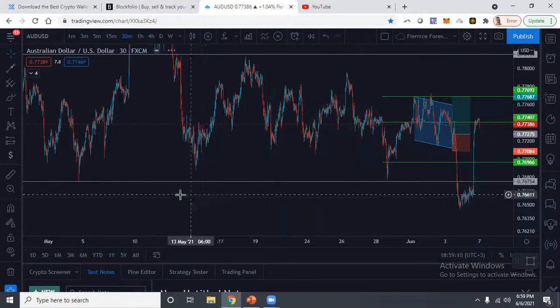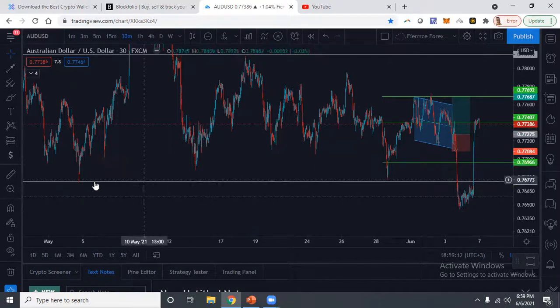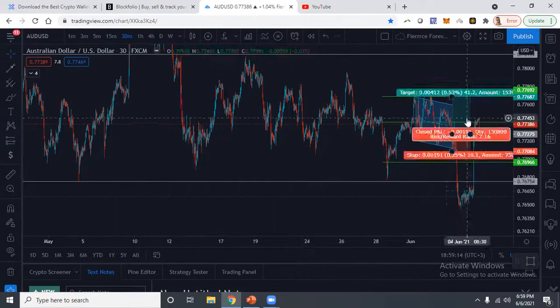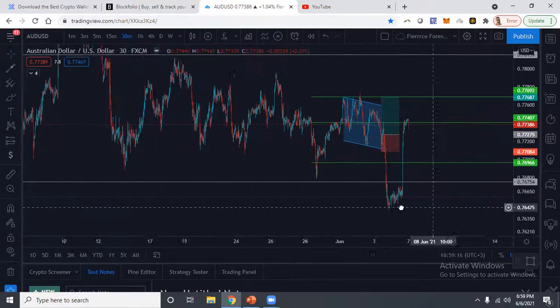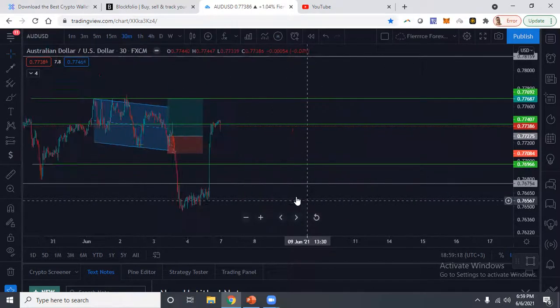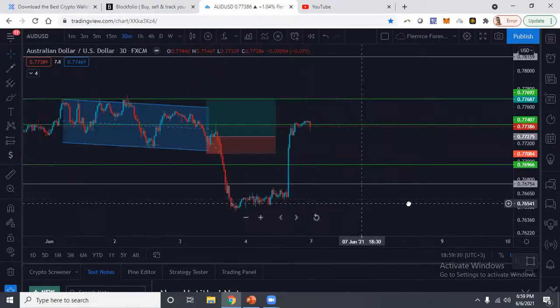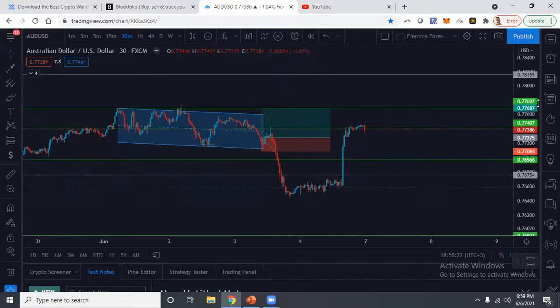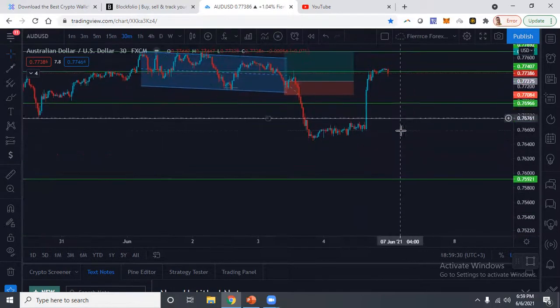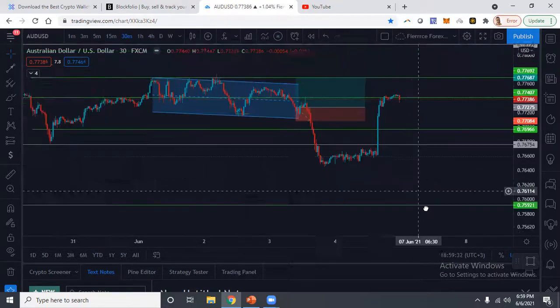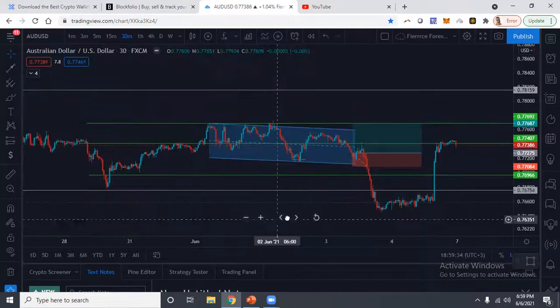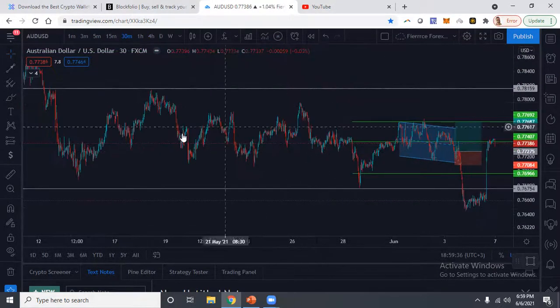But it definitely broke structure here. Okay. Definitely broke structure here. And kind of looking like there's a possibility that it will continue to the upside, but then I have a feeling it'll have to come back lower, possibly retest these levels before that happens, maybe even break structure lower. Okay. So I think for AU, we may see some more consolidation this week